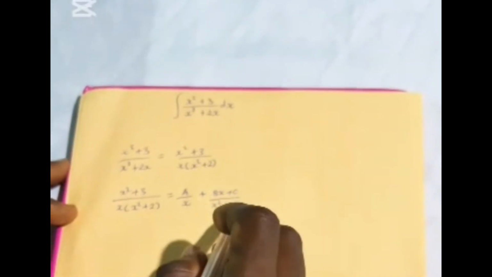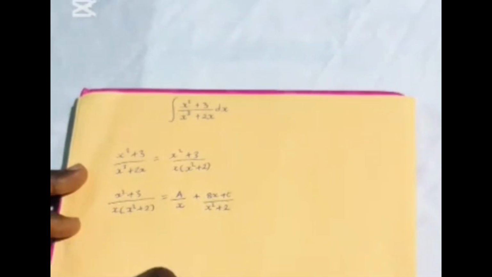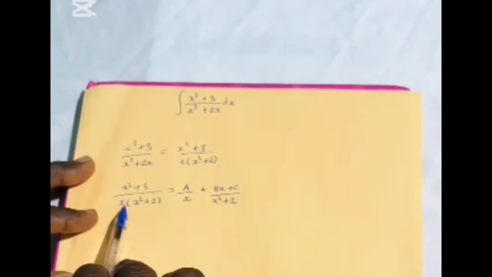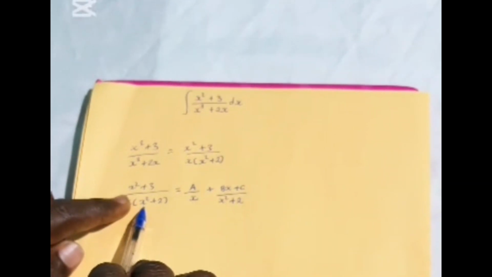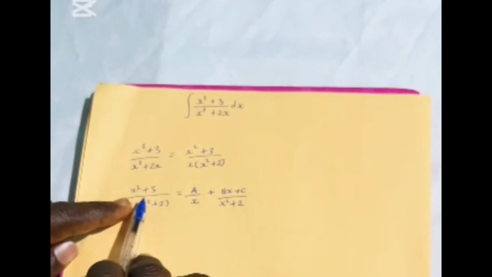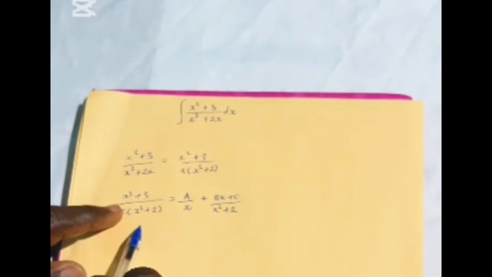So we are going to be solving for the constants a, b, and c by the cover-up method. So solving for a by the cover-up method, we are going to go on the left hand side of this equation, which is here. We are going to mentally remove this linear factor x, or cover it with our finger like this, and then we are going to substitute x equals 0. Now the reason is because we simply set this linear factor x equals 0.